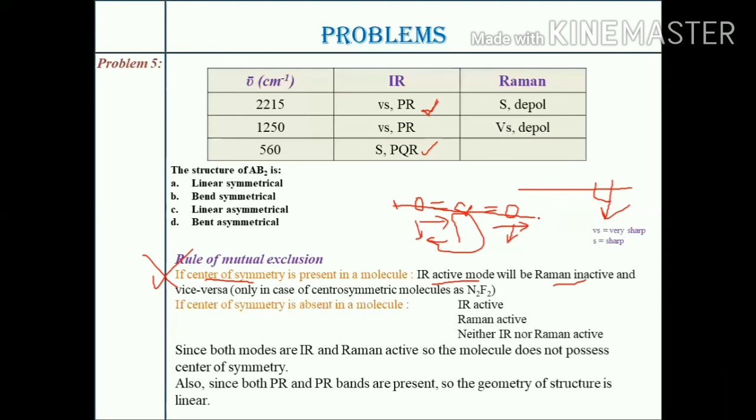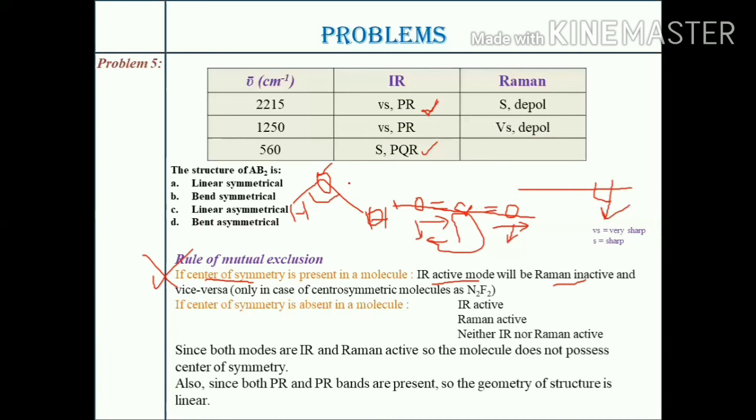Okay, also if we talk about the non-linear or bent molecule, this was the case for a linear molecule. Now if the molecule is bent, just like water, with oxygen over here and 2 hydrogen atoms over here, what will be the case? Since the molecule is overall bent, it is not linear, all the modes in such molecules will possess a PQR branch. Why? Because it is perpendicular to it.